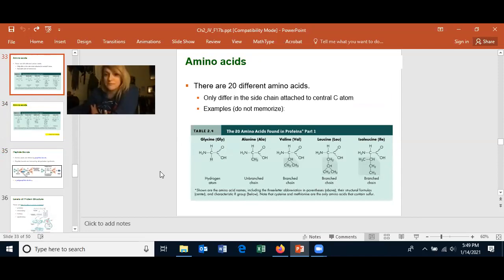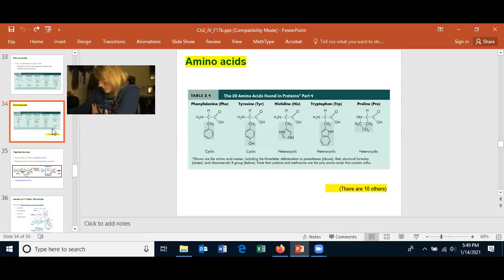I think I'll talk about it later. There's one, I think it's tyrosine, that we can make, and I think we make it from tryptophan. But maybe it's the other way around. Anyways,